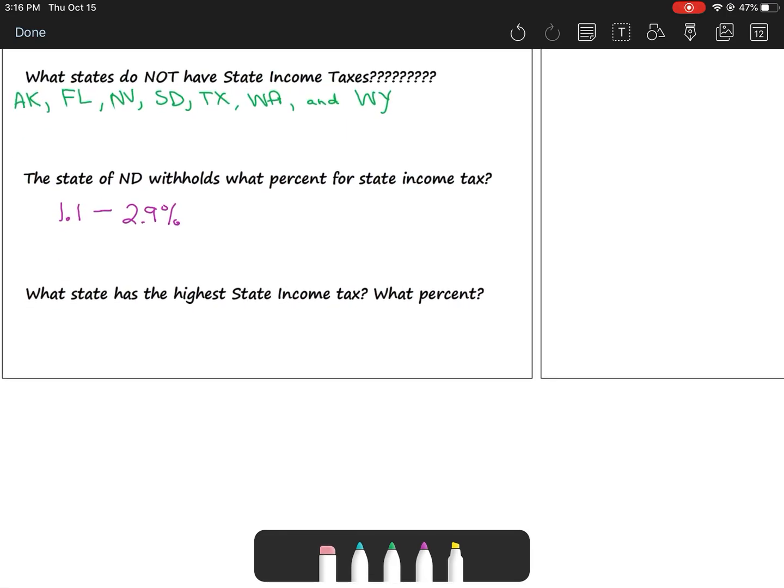And then what state has the highest income tax? Well, I'm guessing this will come as no surprise, but that is California, and they have 13.3%. Yikes, that is very high when you compare it to North Dakota. So anyway, let me know if you have questions on this, and have a great